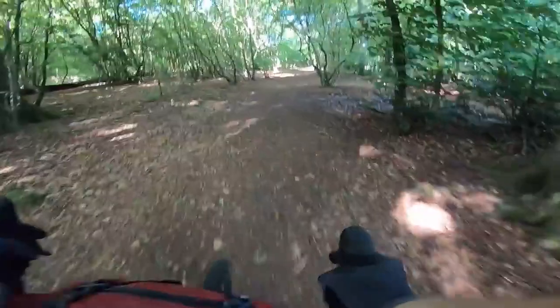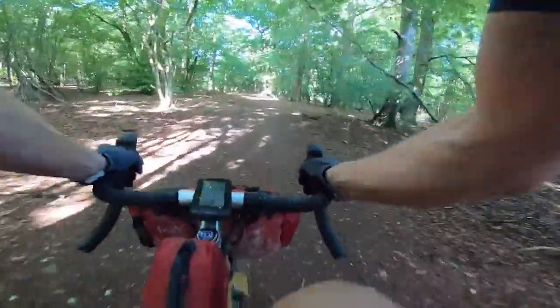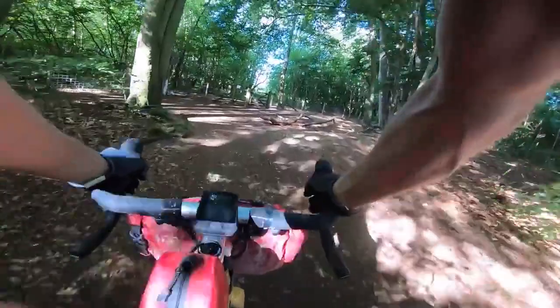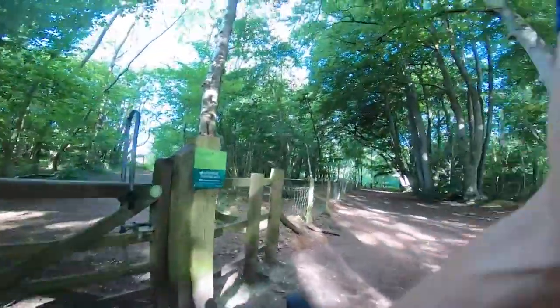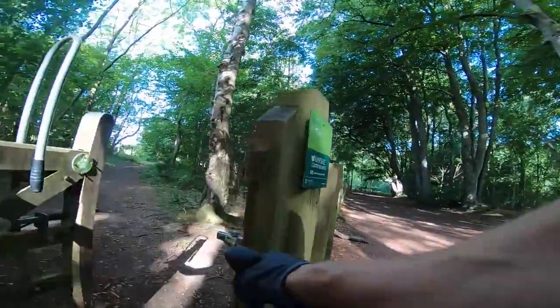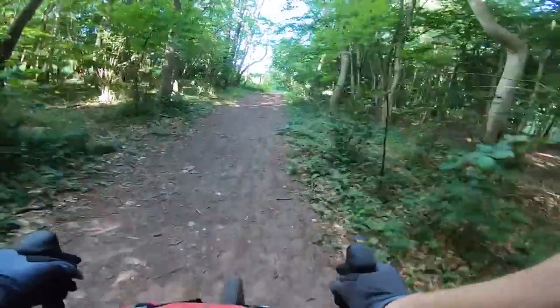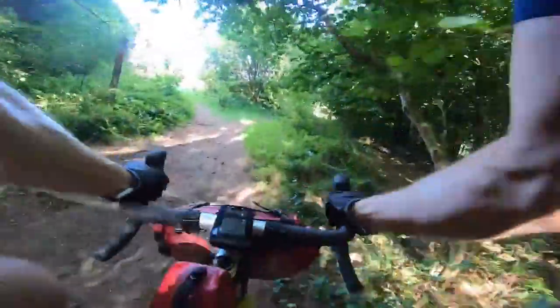So this route up through the woods is an optional one, and you can go further north, just along the valley on roads. But I have to say, it's beautiful. It's a little more challenging. You know, you're obviously riding on forest tracks, and roots and sticks, and it'll be a bit muddier when it's been raining, but